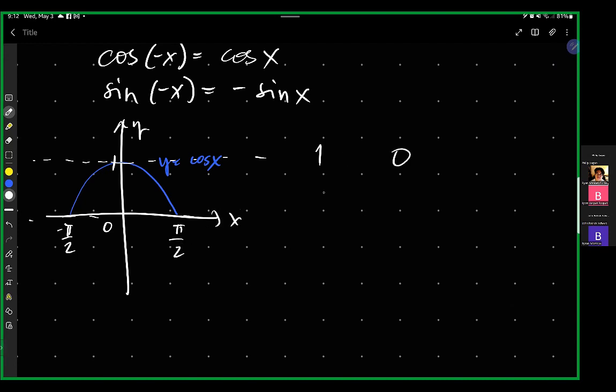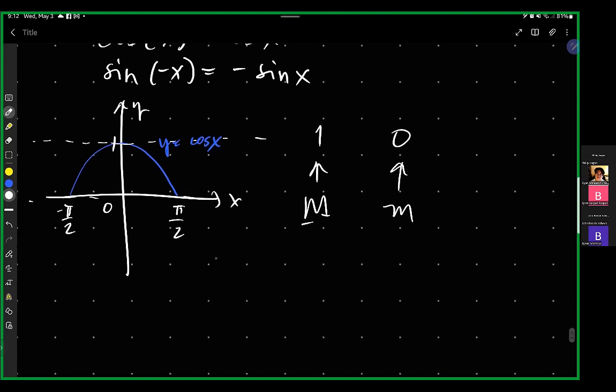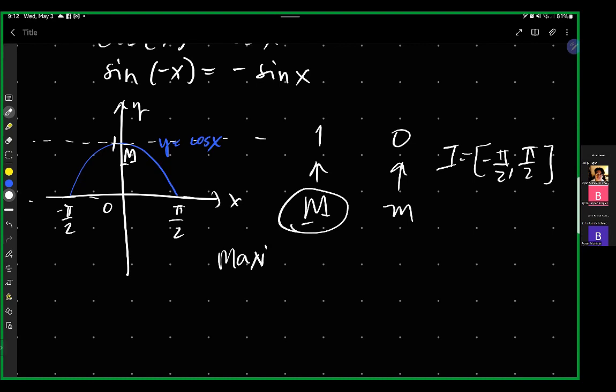This is the minimum. This is the maximum, so this is the capital M. This is the minimum. Now, how are you going to describe this function in terms of words? As you can see, your maximum value, your capital M, which is this point, is interior to the interval, where the interval I is given by negative pi over 2 and pi over 2. So capital M is interior, and then you write maximum is